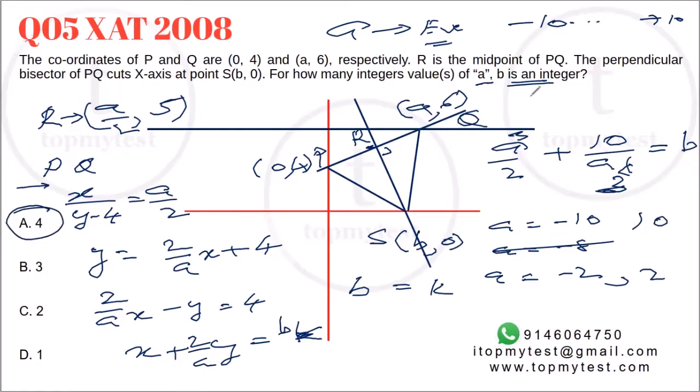In an exam situation, this will take you upwards of 3 minutes. That's why XAT is a pretty crazy paper. But because you have so few questions in XAT and you have a lot of time, these are questions from a XAT perspective that may be attempted in a second round.